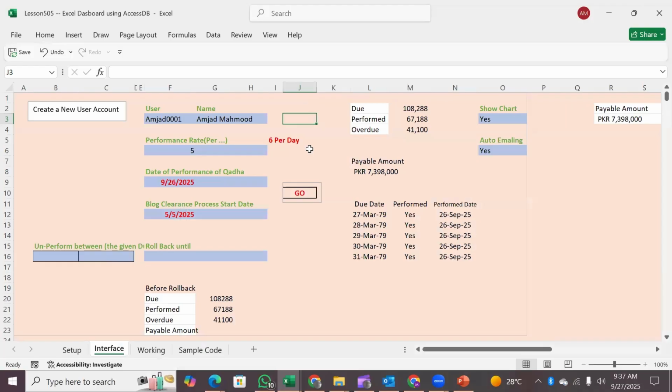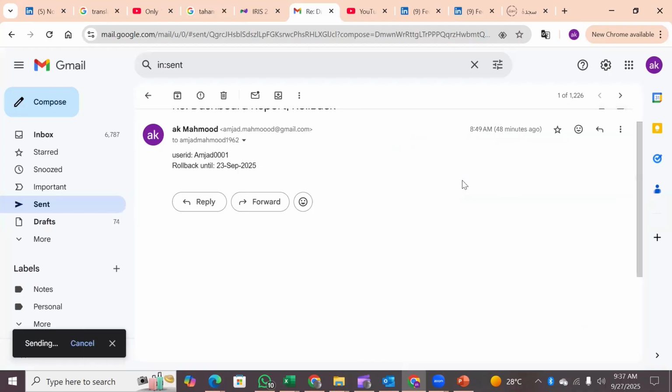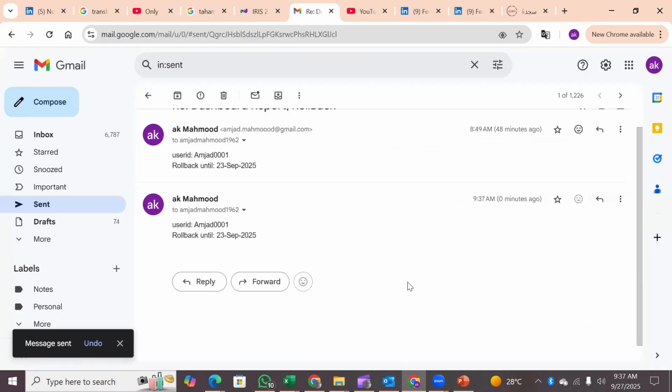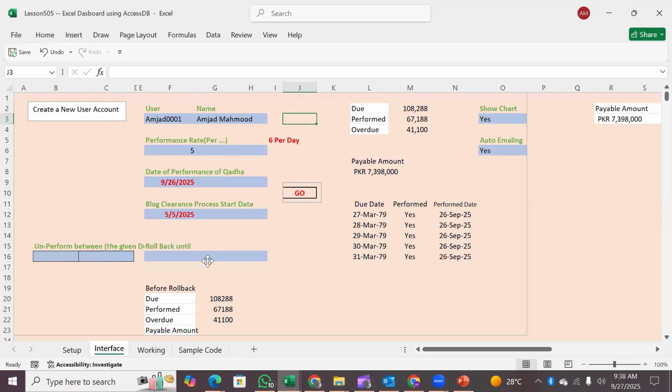And now we are getting back to the email here. Now we are going to send this request. This user is sending the request to the Outlook, to the dashboard: please roll back my transactions, what I have been sending you until 23rd of September, right? So we say send. This is going to hit the folder which is under watch. As soon as it reaches the folder in the Outlook, the system will automatically start taking the action,